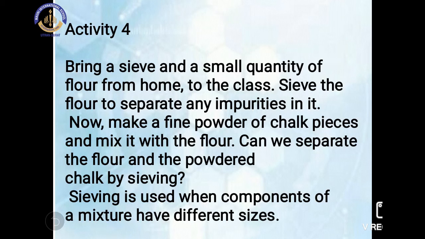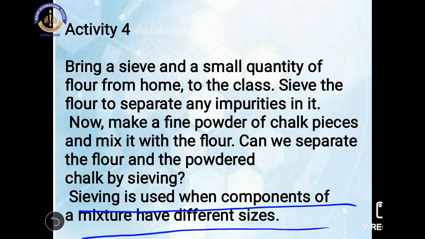But if we take another mixture in which the particle size is much bigger than the flour, then we can separate both components, flour and the other impurities which have a particle size much bigger than the flour. So sieving is used when components of a mixture have different sizes. That is the important thing here. What is important? If the size of the two components is different,